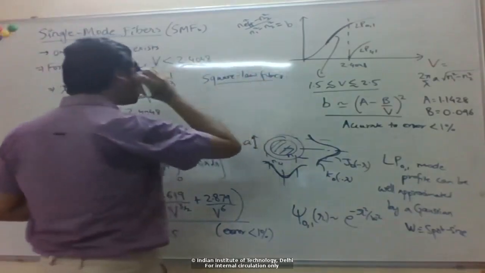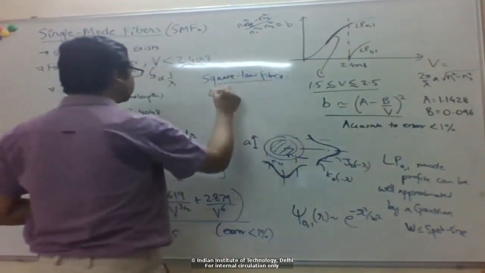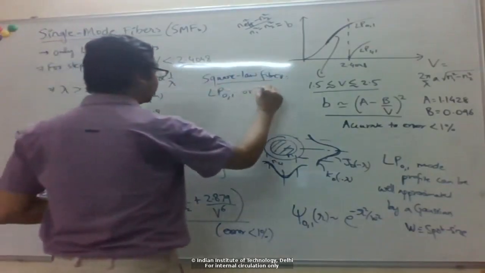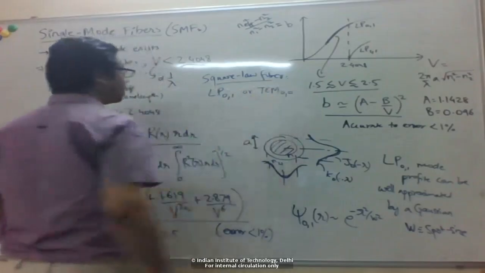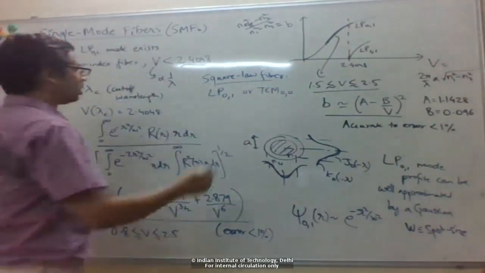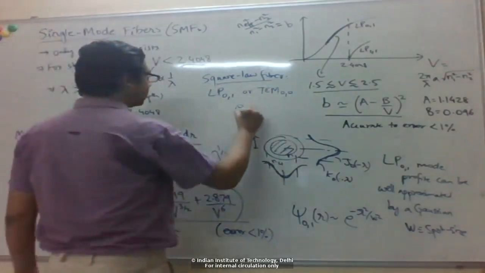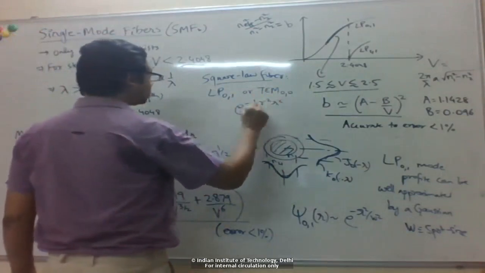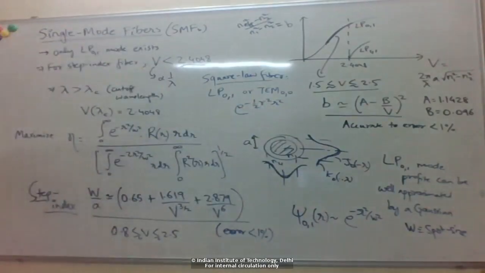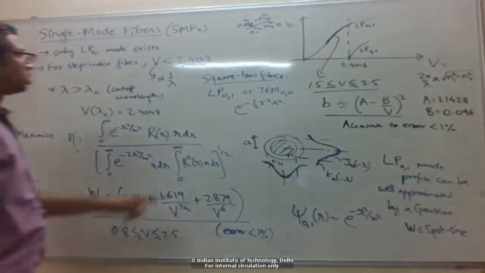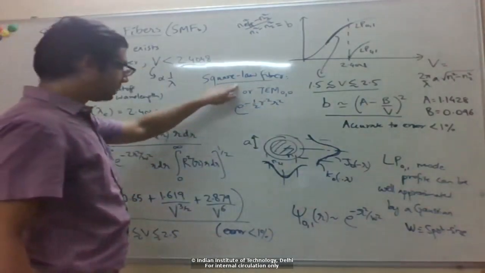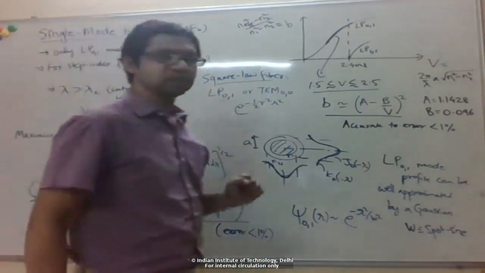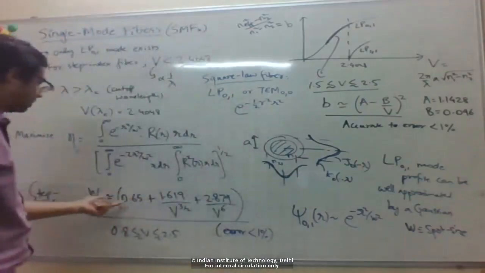for the square law fiber, the lowest order mode, we could say it as the LP01 or equivalently the TEM00 mode. And recall that the mode profile there actually came out to be exactly like a Gaussian. So for square law fiber, the mode profile R of r is exactly a Gaussian. So in that case,